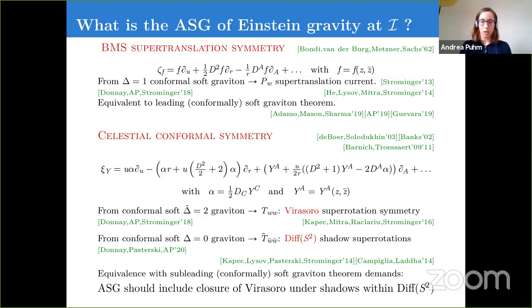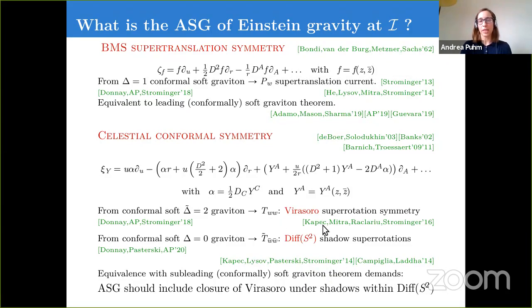And once you impose equivalence with the Noether charge density of that symmetry, once you impose equivalence of that with the subleading soft theorem, then you can fix residual ambiguity, which amounts to subtracting certain boundary terms. Now, the Virasoro superrotation symmetry that has been discussed in the literature and which gives rise to a 2D stress